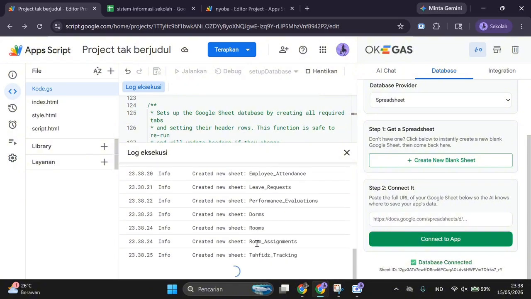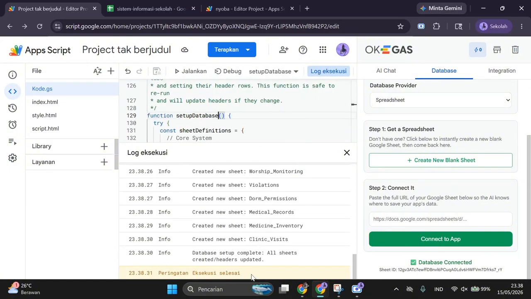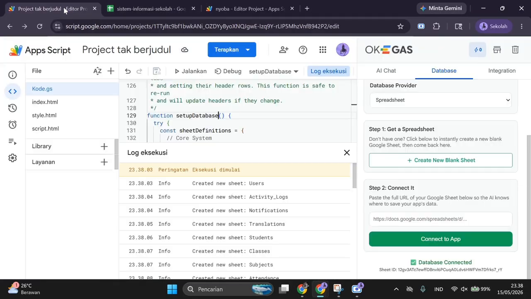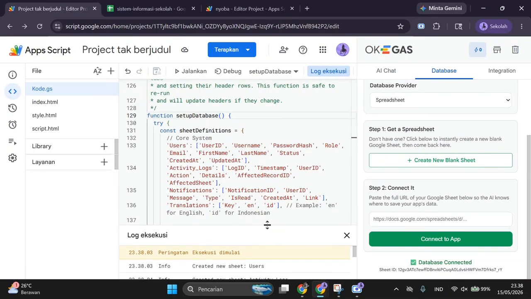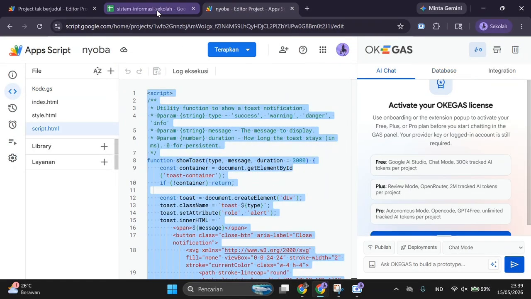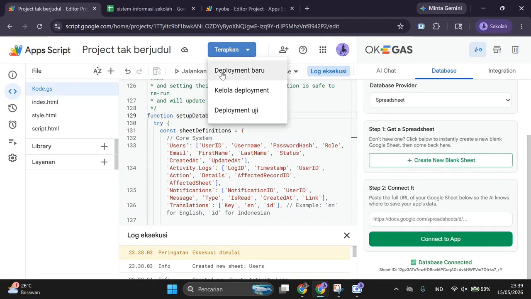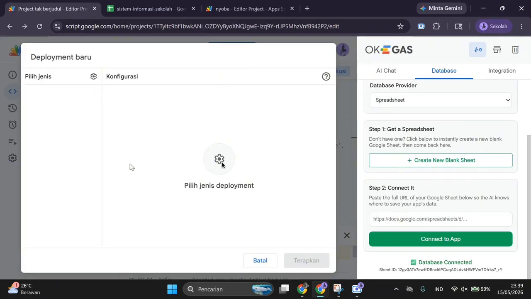If you are working with modern web development frameworks, this step is heavily inspired by database migration. Inside your Code.js file, locate a function named setup database. This function acts as our migration script. The concept is identical to running a command like php artisan migrate in a Laravel environment.